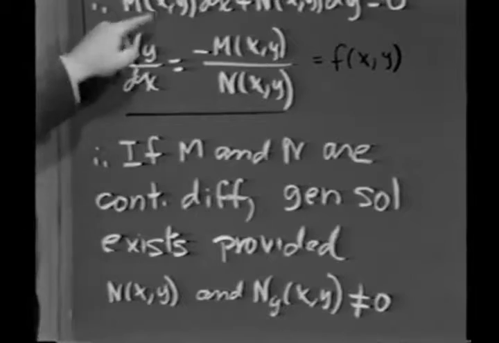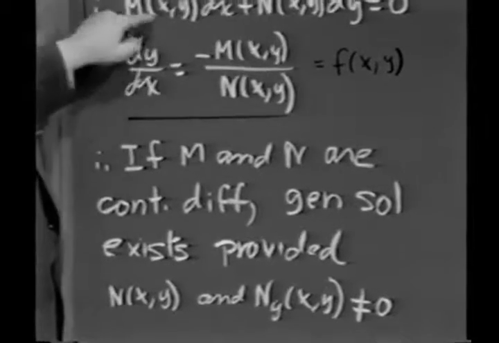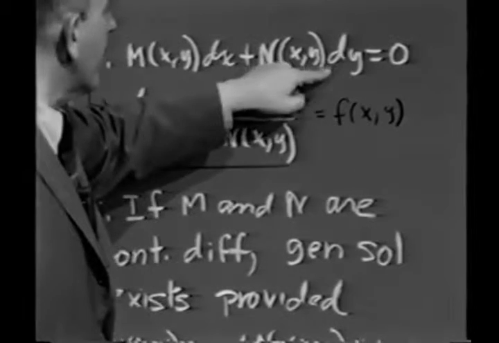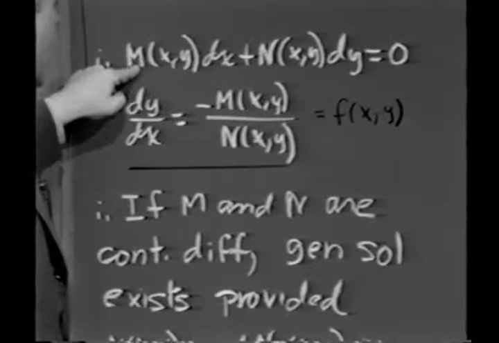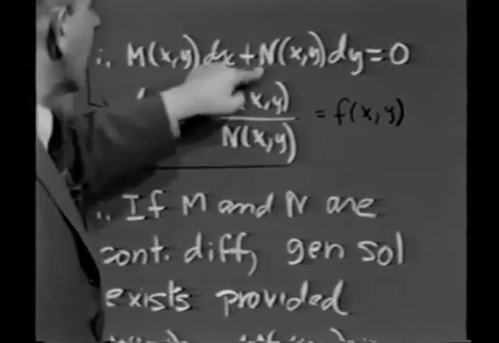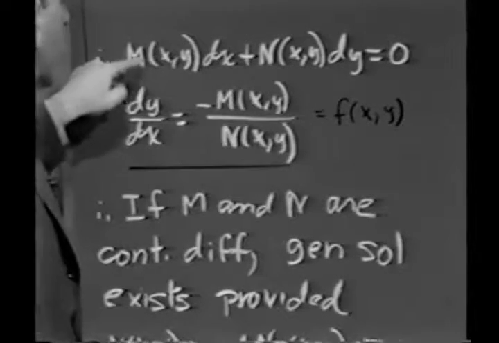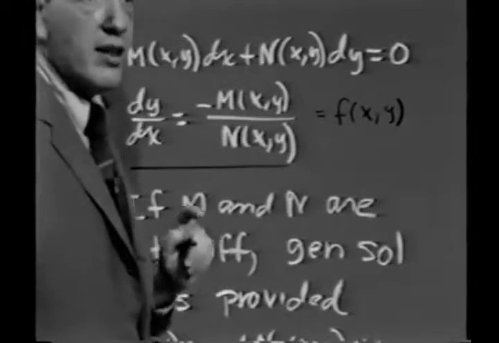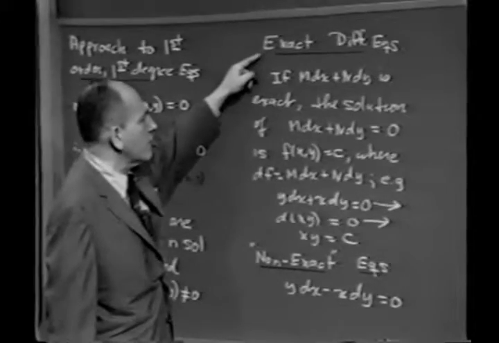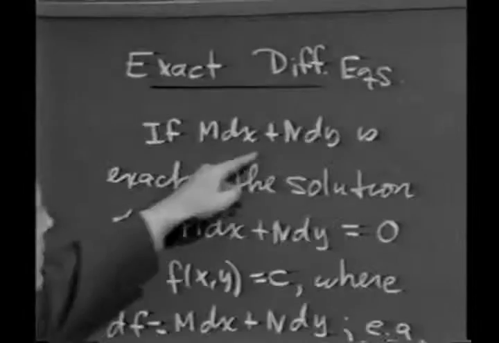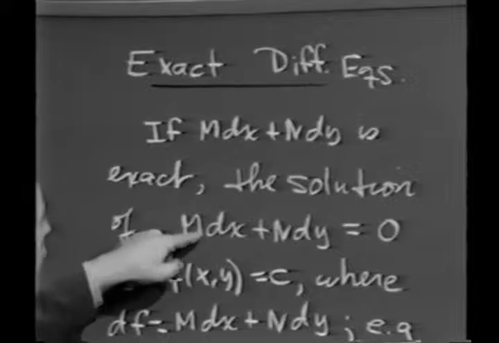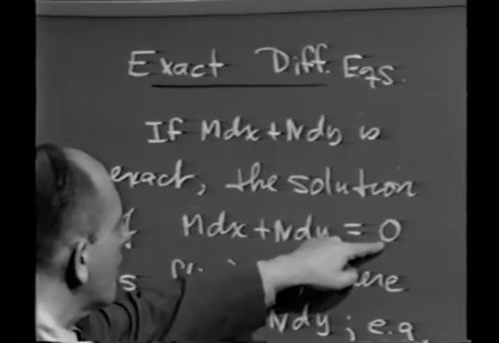Now you may remember, back in block 3, we said, you know, if this differential happens to be exact, in other words, if there happens to be a function w such that dw is M dx plus N dy, then it's trivial to solve this equation. In particular, for what we mean by an exact differential equation is simply this. If M dx plus N dy is exact, then we call the equation M dx plus N dy equals 0, and